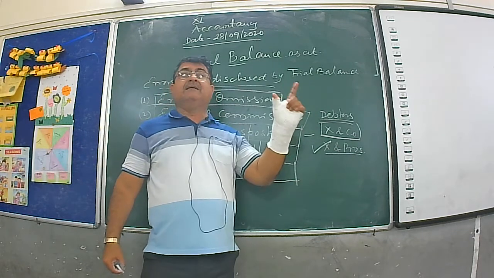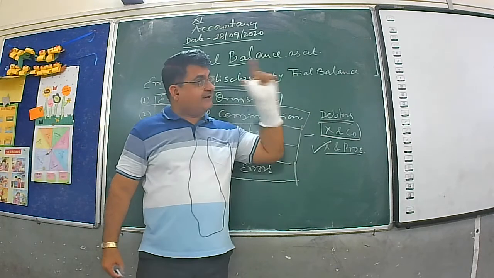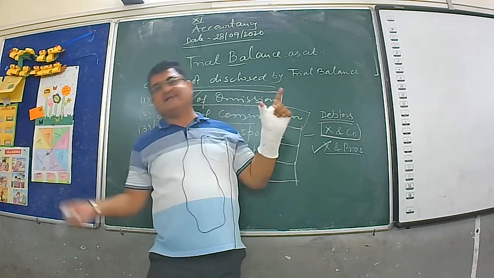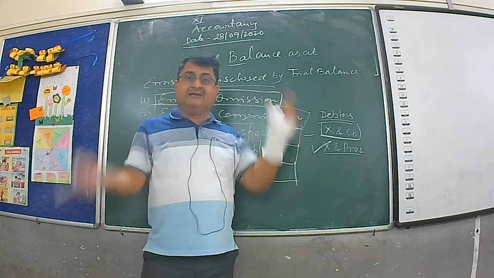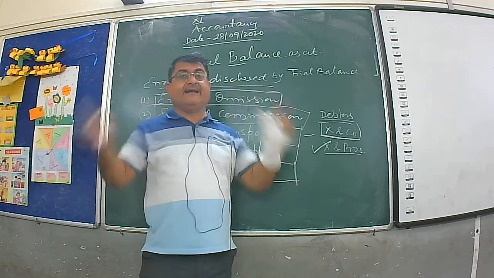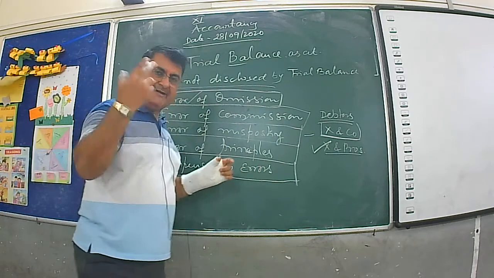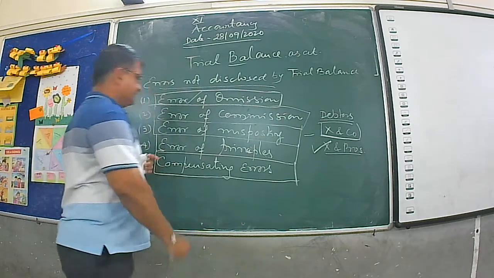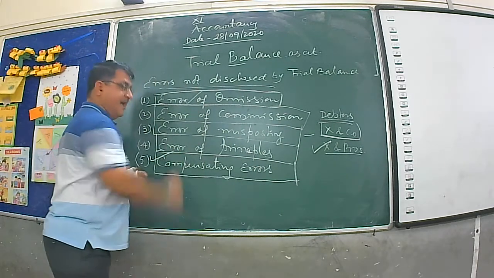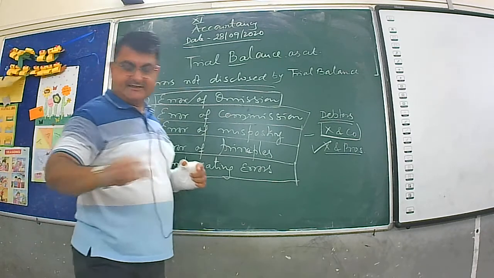So in order to compensate an error committed in one account, when the bookkeeper has committed an error in another account, then this compensating error may not have any impact on the trial balance and the trial balance will tally. However, a qualified person tends to assess such an error and rectifies it through a rectification journal entry.